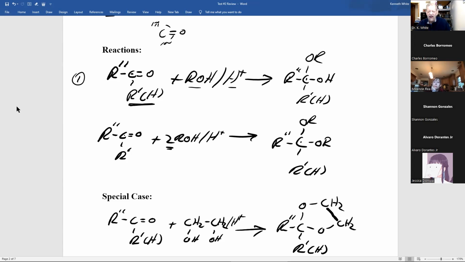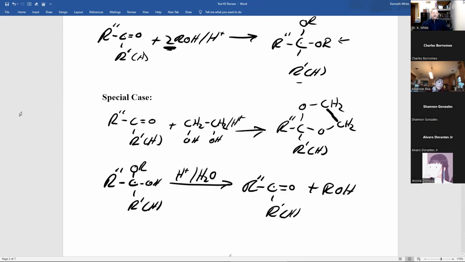And you have on that carbon an alcohol plus an oxygen with an R group, and that comes from this alcohol. Now, if you use two alcohols, 2 moles with an aldehyde or ketone, you'll get this. These are called hemiacetals and hemiketals, which I didn't ask you to learn. And these are called acetal or ketal. And you learn later on that the second reaction, or a variation thereof, is useful in making starches.